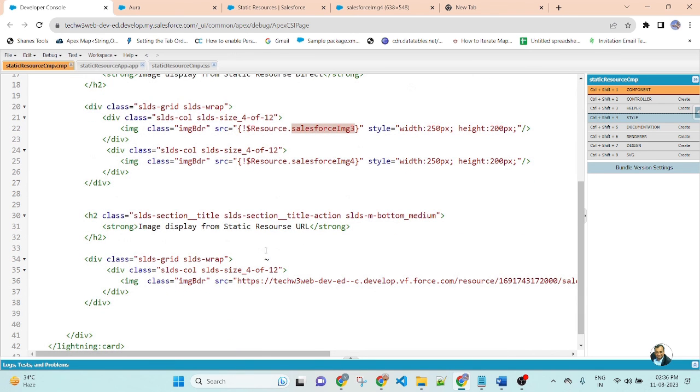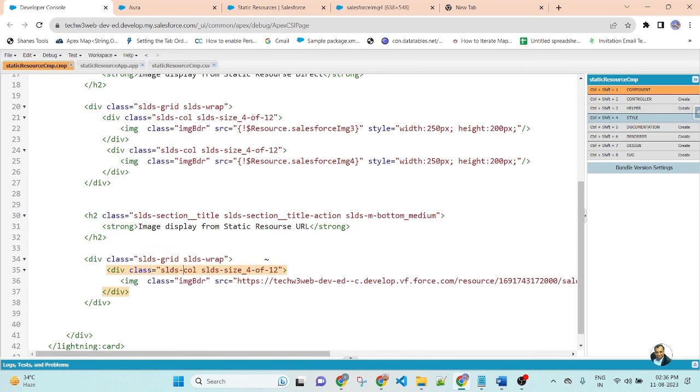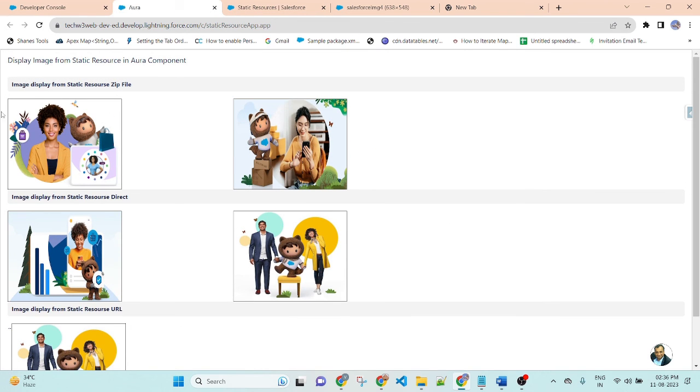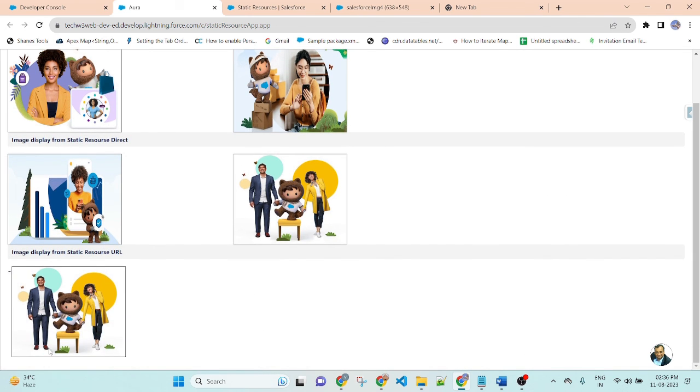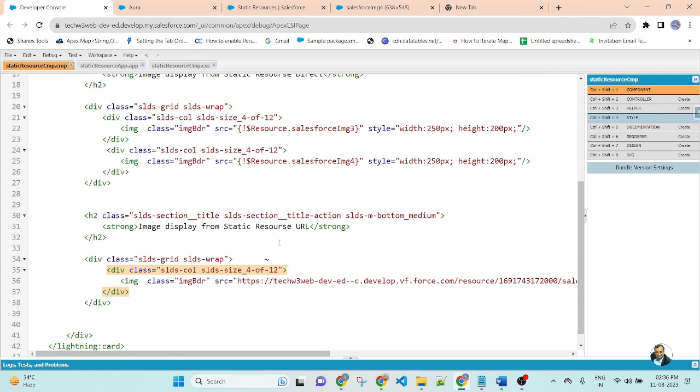And in the third section, I am applying the static resource URL to display the image. So the first section displays from the zip file, the second section from the static resource name, and the last section directly from the static resource URL.